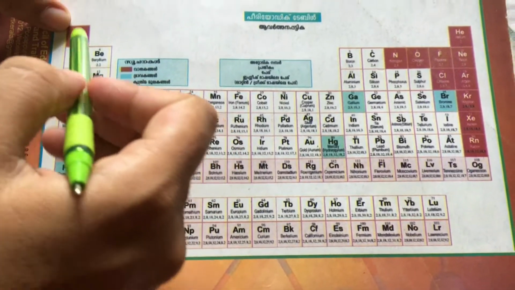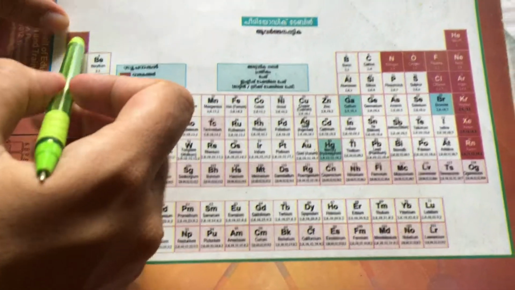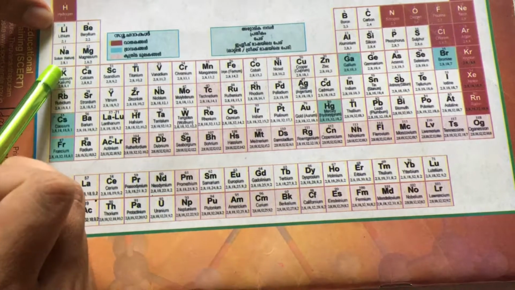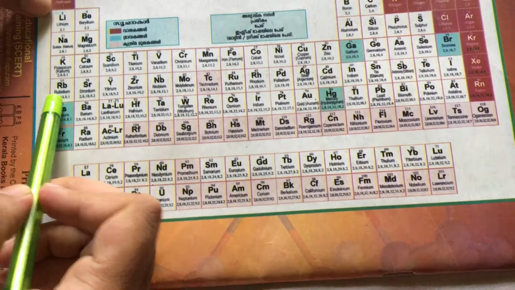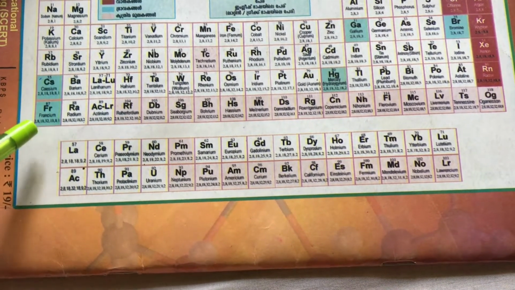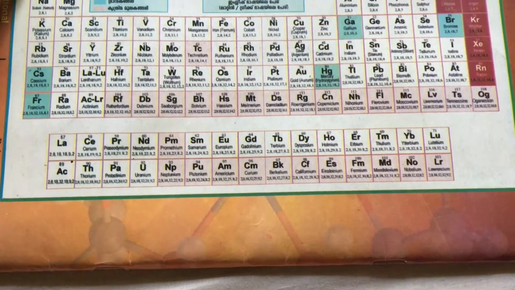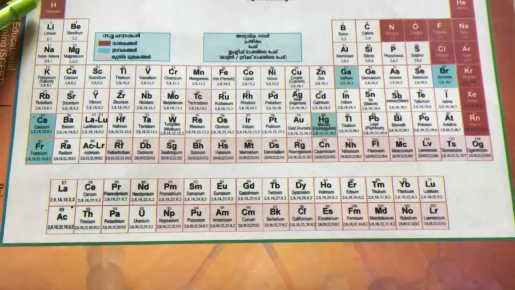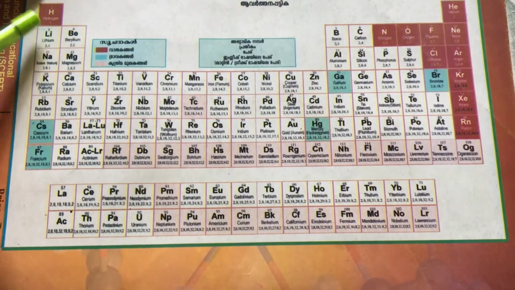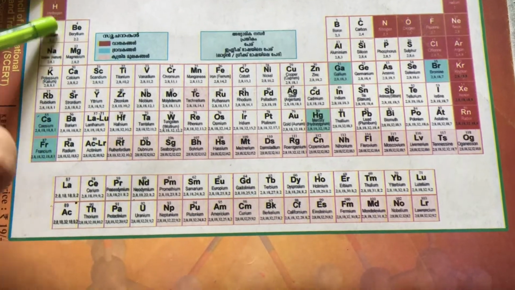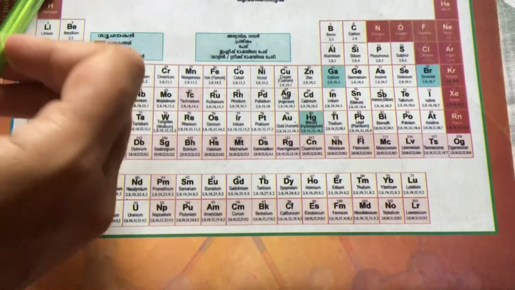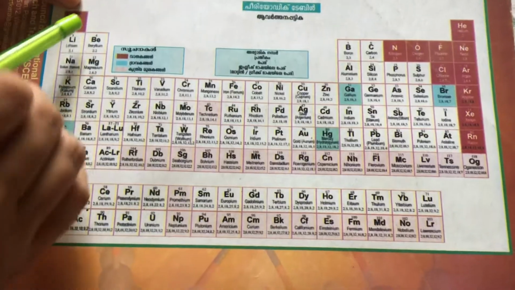Let us consider an example from hydrogen to francium, and here on moving down the group, as you can see, the atomic number of hydrogen is 1, lithium 3, sodium 11, potassium 19, rubidium 37, cesium 55, and francium is 87. So here we can see when you start writing the electronic configuration, you will observe that new shells get added on moving down the group.